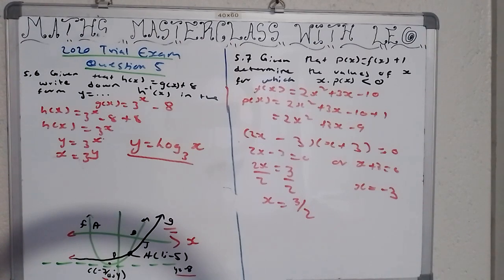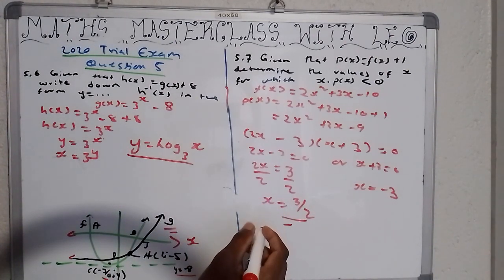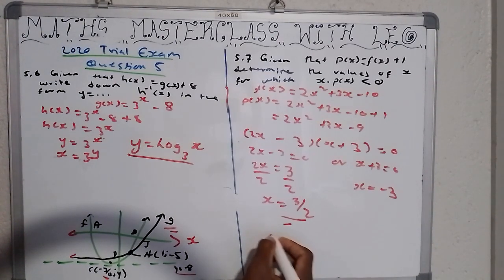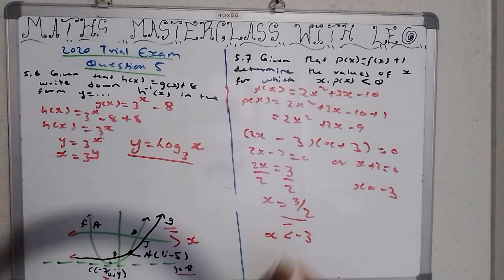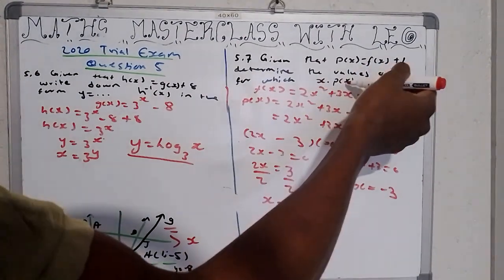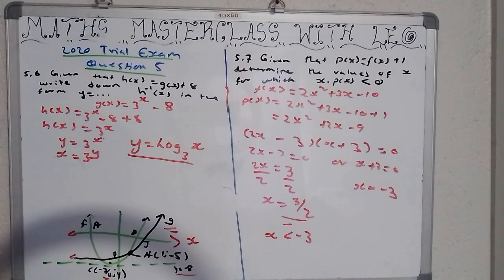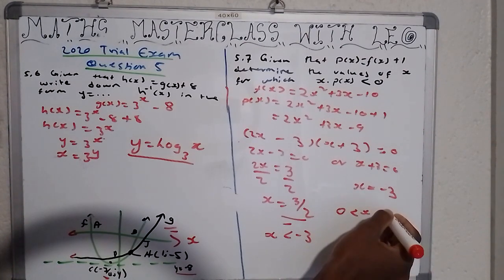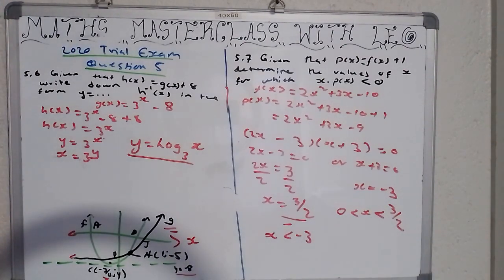Then I can say, from where x should be less than negative 3, when I multiply this and that, I should be getting a negative, right? From x is negative 3, and then again from 0, x 3 over 2. When I multiply this and the p of x, I should be getting less than 0. Even if you can multiply here, multiply